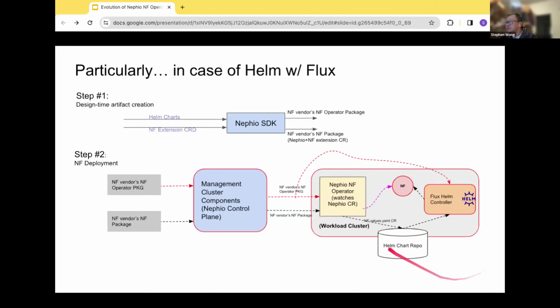But all this is supported by Helm already. Those changes should be at least equivalent to Helm. So we wouldn't be adding more workload, or more work, to the users compared to when they were previously using Helm. So that's basically the core of what I want to talk about.